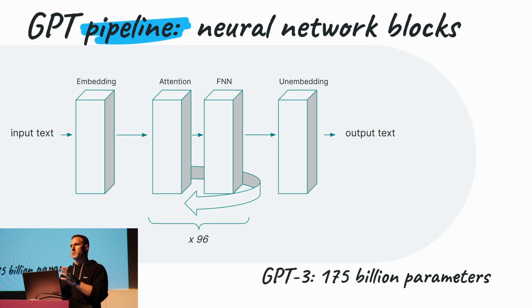So it's a bit similar to our simple example for image recognition, except here the input will be the text that the user is typing, and the output should be the next word that the language model is predicting. And if you can predict the next word, then of course you can repeat this process: you put it back into the input and you predict the next word and the next word and the next word. And so of course you can generate text in this manner.